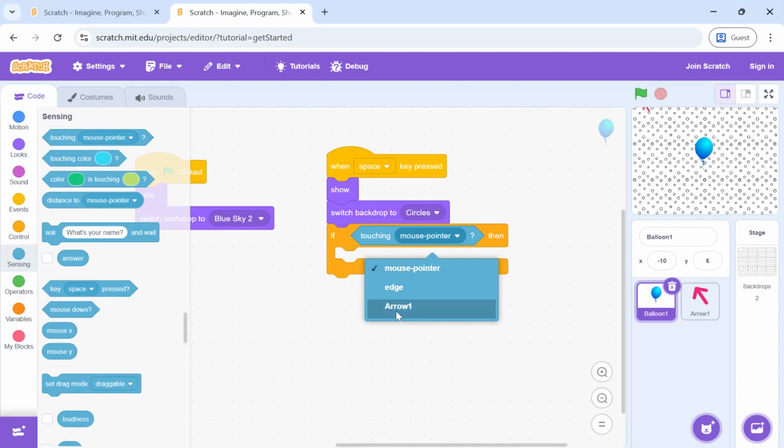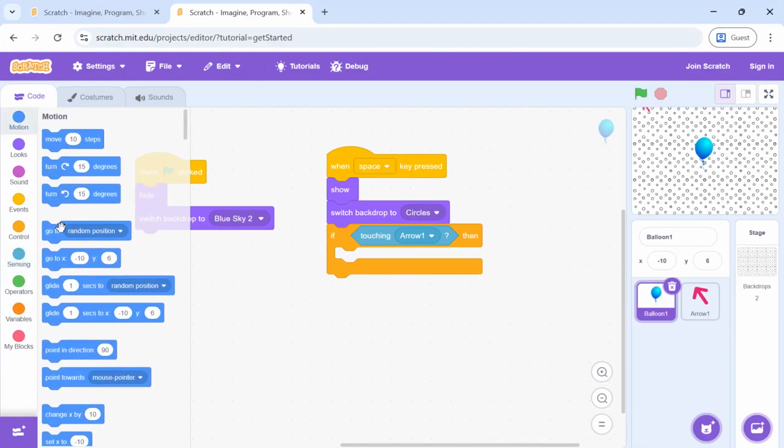So the sprite is arrow 1. Now remember, whenever you add if, this is a conditional block which will help you in doing something when a condition is met, when a condition is true. So here I want to say that if this balloon is touched by arrow 1, then something should happen. I'm using if. Now, what do I want it to do?